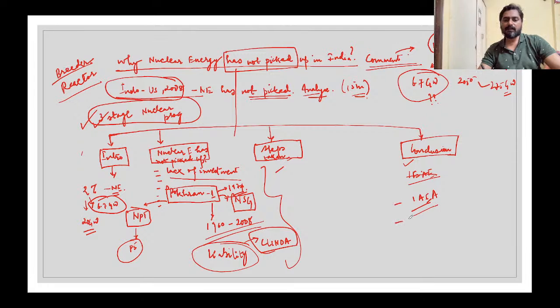So the Indian nuclear plant, that is the Kudankulam nuclear power plant, that is in your Tamil Nadu. It is the safest nuclear power plant of India. So you can use this argument also, that we need to build more such nuclear power plants. If you know the arguments like how we have made it safer, you can add that also.